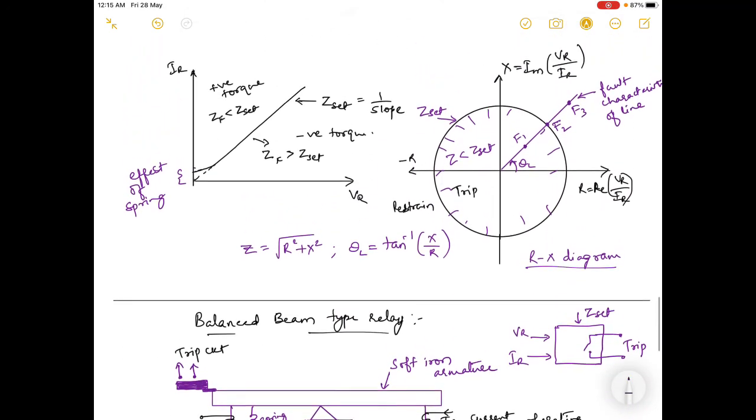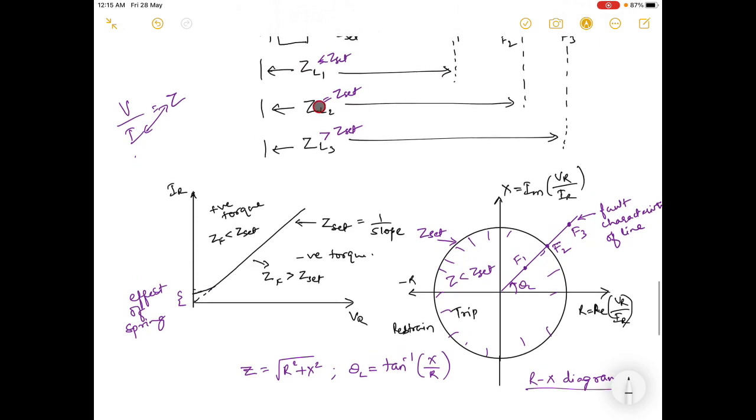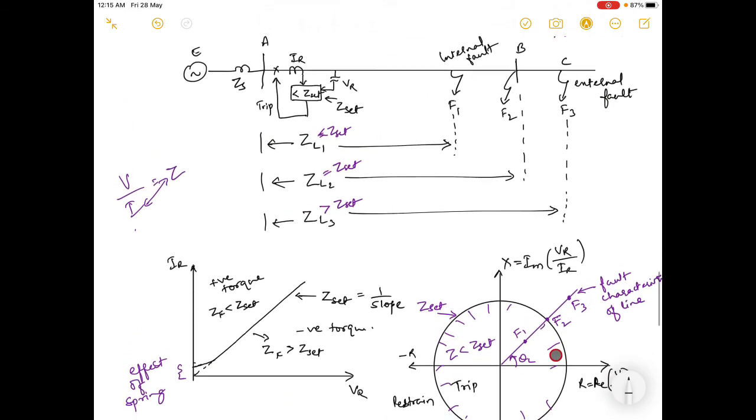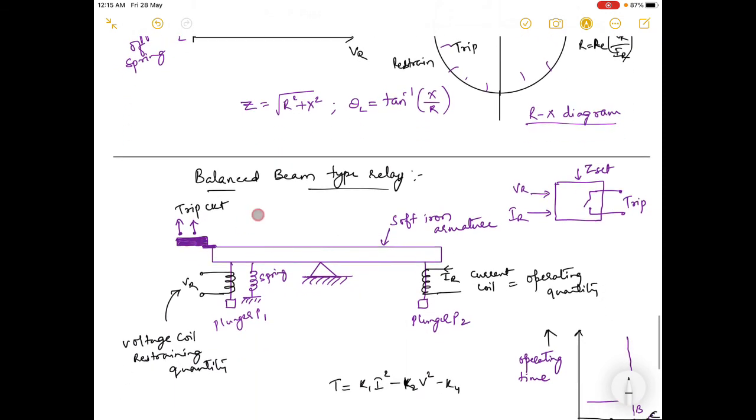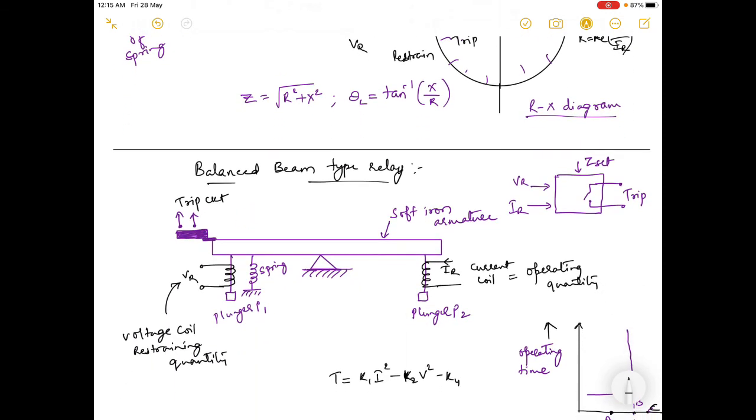So how is this implemented? This impedance relay can be implemented using a balanced beam type relay, and it can be implemented using an induction cup also. We'll see that next class. Now the balanced beam type relay